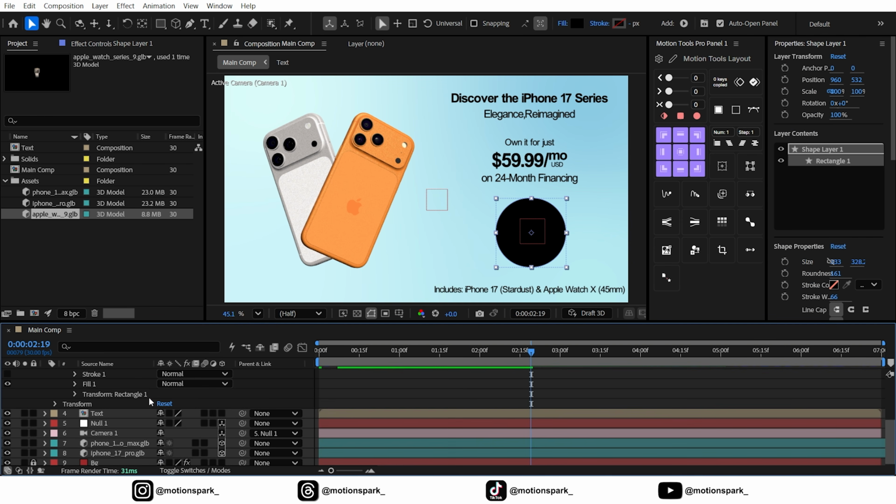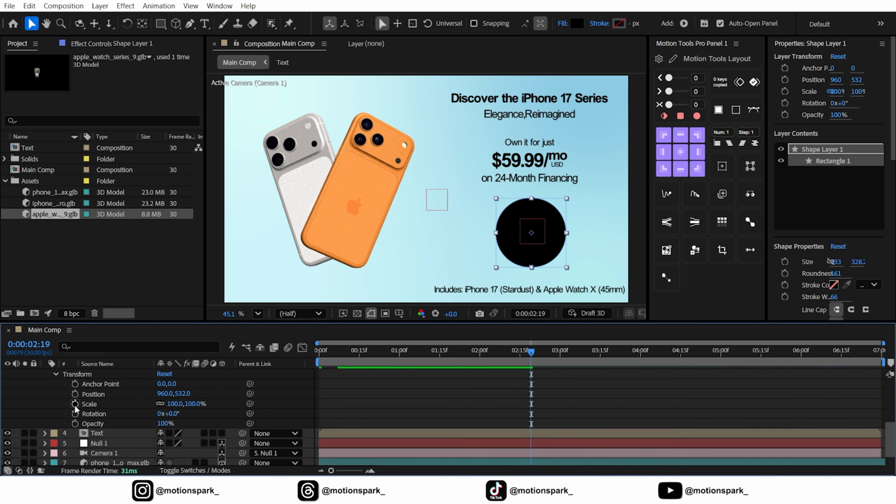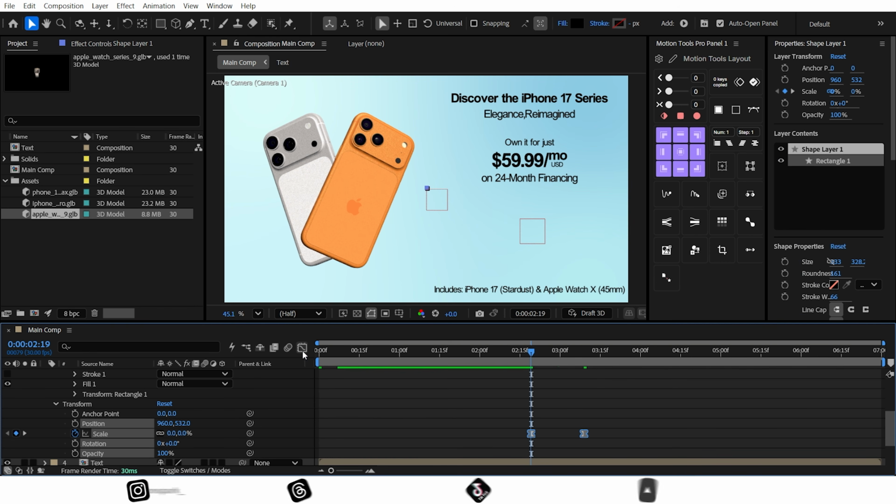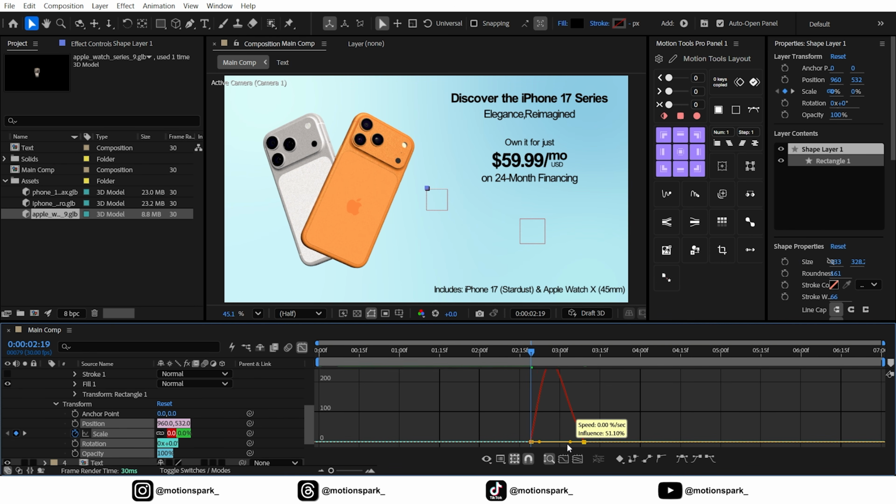Next, open the transform settings and add a keyframe to the size property. Move 20 frames forward on the timeline and create another keyframe. Now, let's head back to the very first keyframe and change the size value to 0. Select these new keyframes, press F9 to apply easy ease, and then open the graph editor to fine-tune the speed